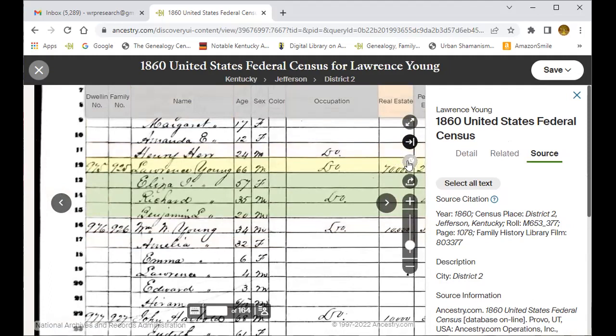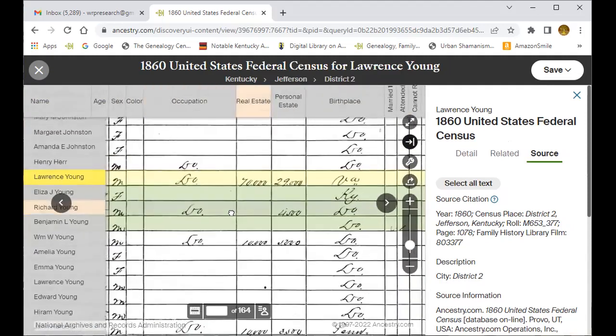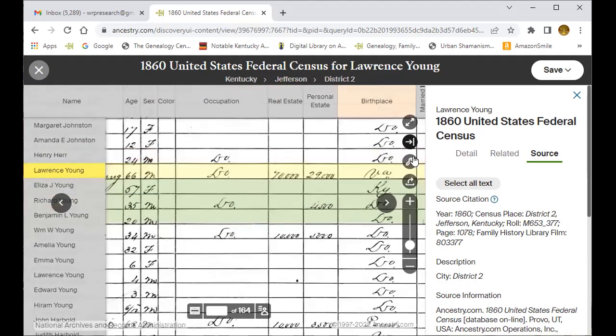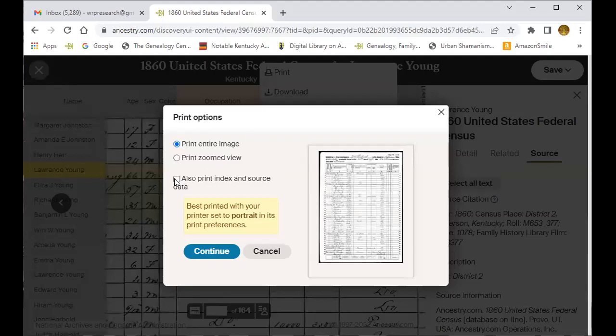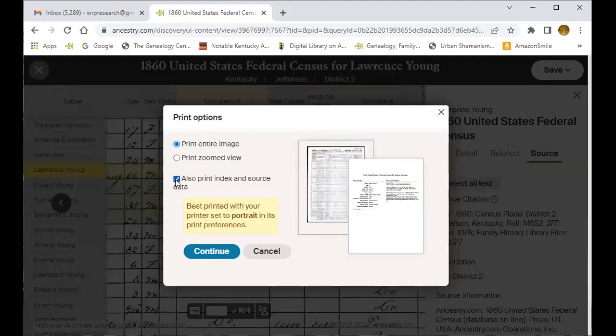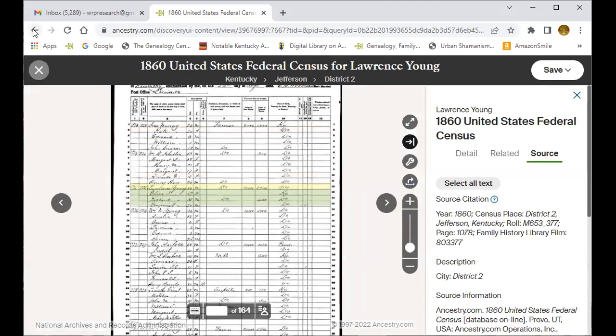You would do the same thing to save this census to a PDF file. You would select print and also print index and source data and continue on to save this as a PDF file to your flash drive or your hard drive. So we will select the back arrow again,